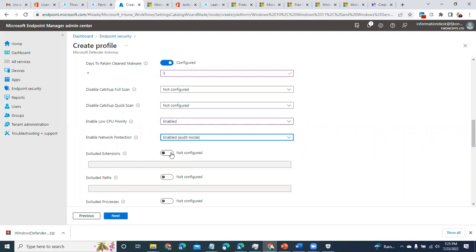So if you have unique applications whose specific process you don't need to scan, I always say to people, do not just put processes here. Specify path and process. So for instance, if there's an application called Joy.exe, and this application is legit, but we don't want the antivirus to be scanning Joy.exe, because every time we keep scanning it, it's making the system slow. And we're very sure that Joy.exe is a legit application, depending on where the application was installed on the endpoint, take that path and exclude the path.